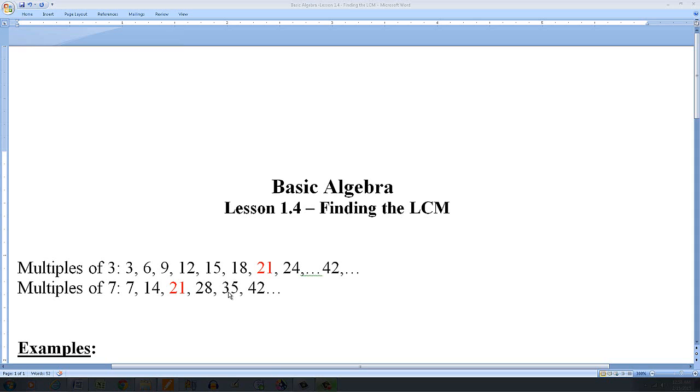Okay, so you could do this with a list like this. It's not very convenient though to do that if you have algebraic expressions. So you have to factor in order to find the least common multiple. Now if you're dealing with fractions, the least common multiple is basically going to be your LCD, or the lowest common denominator. So let's look at what we would do to find the least common multiple